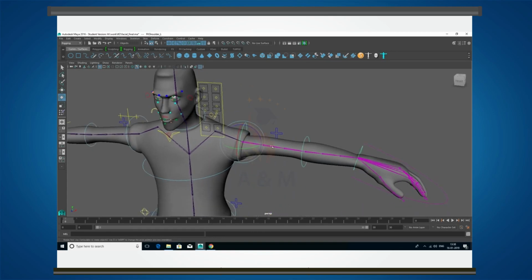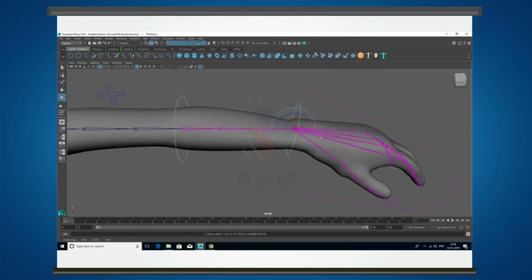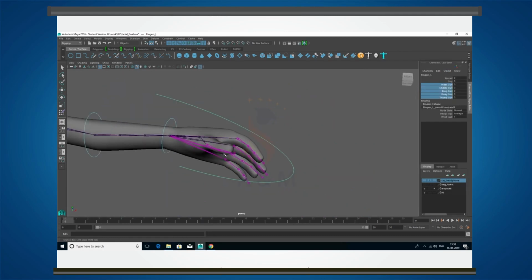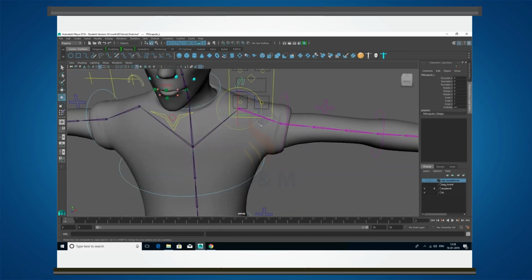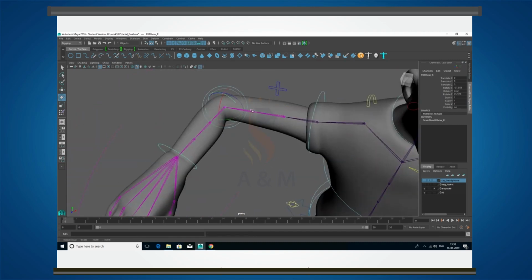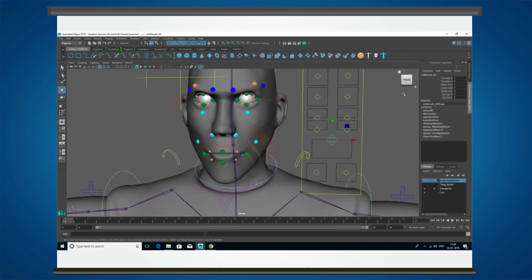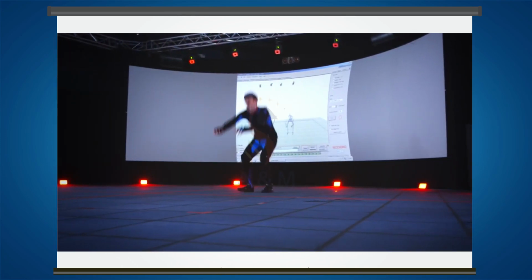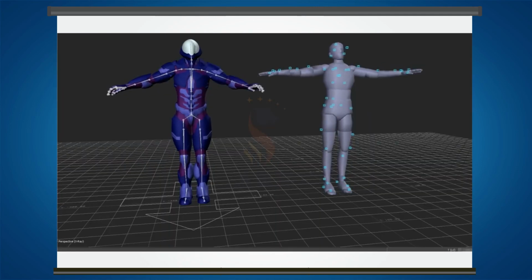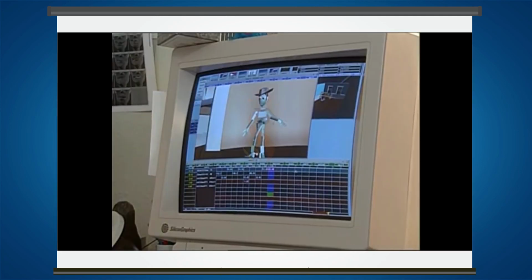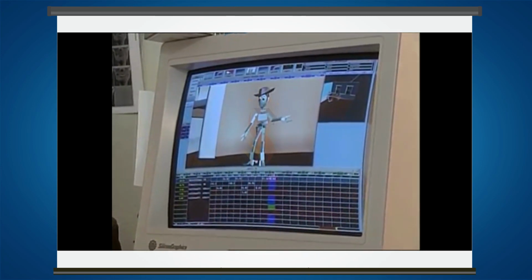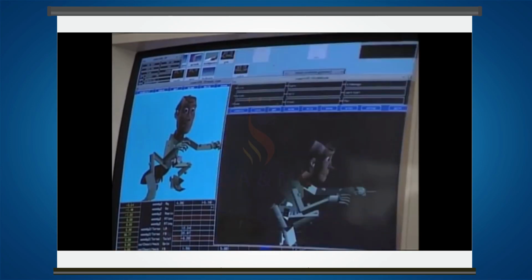A bone or joint animation system is set up to deform the CGI model. In a process known as rigging, the model is given various controllers and handles for controlling movement. Animation data can be created using motion capture or keyframing by a human animator or a combination of the two. 3D models rigged for animation may contain thousands of control points.